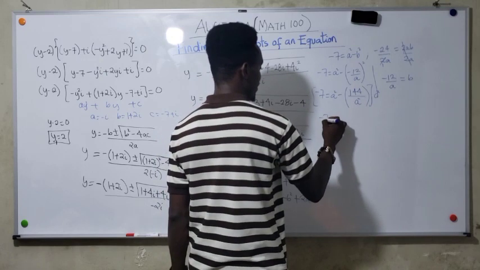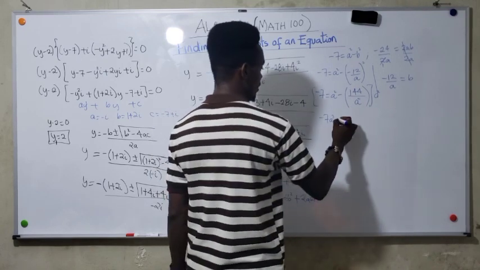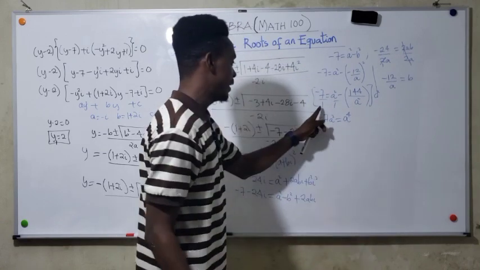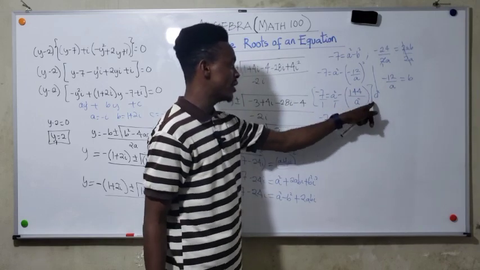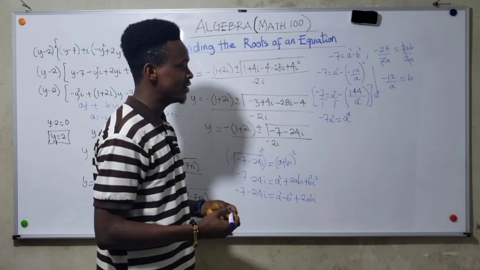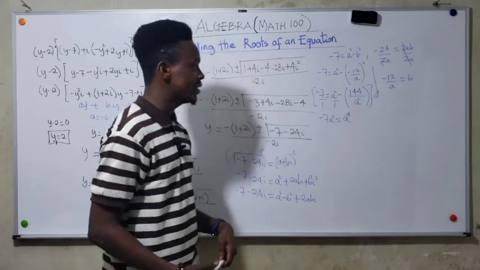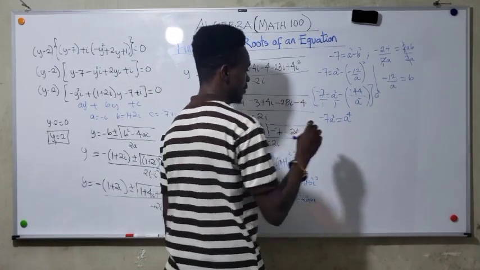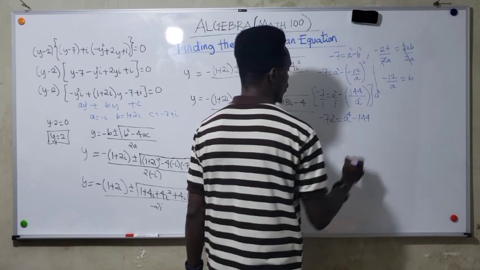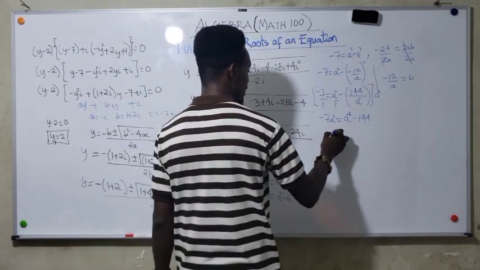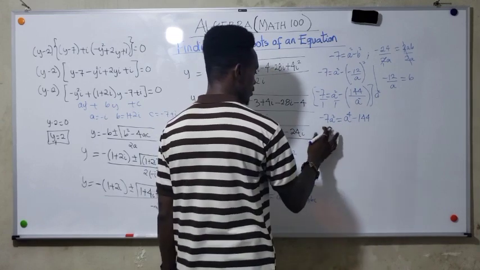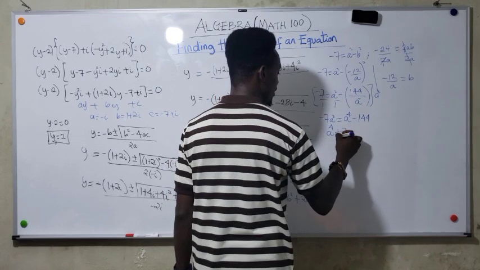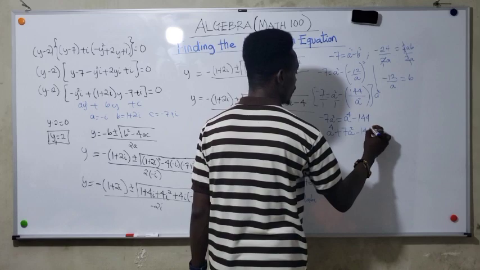To clear the denominator, multiply by a squared. So we will get -7a squared is equal to a to the 4th power, because we multiply a squared into this: a squared times -7 is -7a squared. 1 into a squared is a squared times a squared, which is a to the 4th. And a squared into 144 gives -144. So we have a to the 4th. We send this across, we have